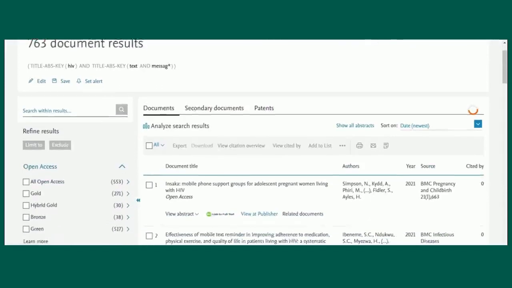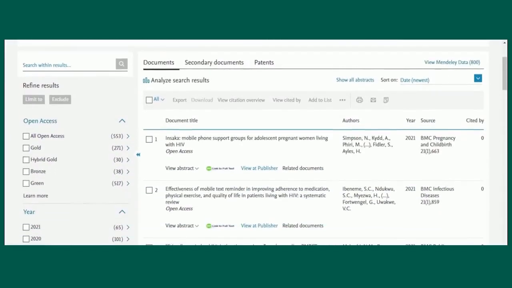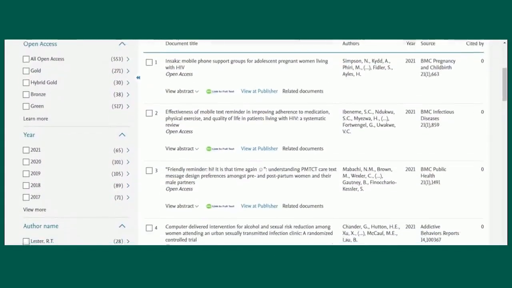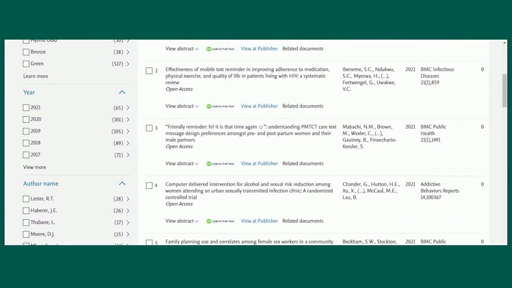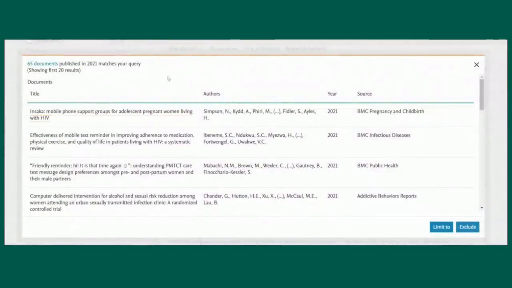At this point in your search, you can add a date range or search parameters if you'd like. Once I hit search, my results will populate. You will see the filters along the side of the page, as well as some brief citation data from each article. Look at the small arrows next to the possible filters. When you click on that arrow, a pop-up will appear as a preview of the articles included under that filter.